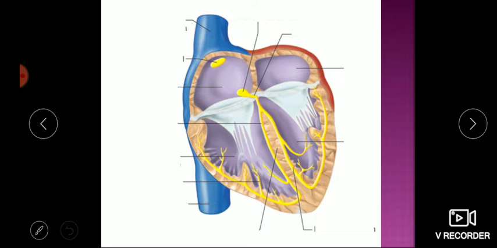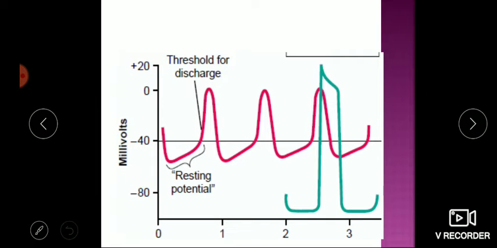The foremost, located in the atrium, is called the SA node, also called the sinoatrial node, simply based on its location at the sinoatrial junction. So this is the vena cava and this is the atrium. At this junction it is located, so it is called the SA node. It is nothing but a modified cardiac muscle fiber with the specialized property of generating the cardiac impulse. Its location is in the right atrium, near the superior vena cava. We learned this in the last lecture.